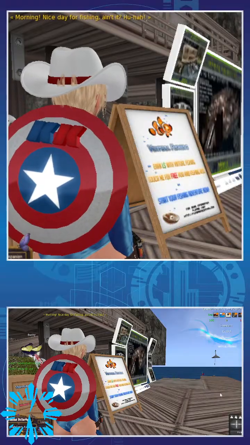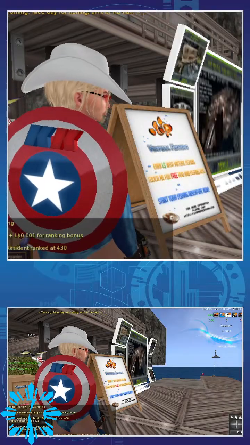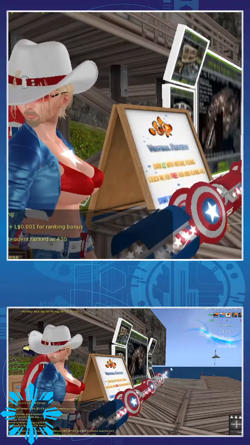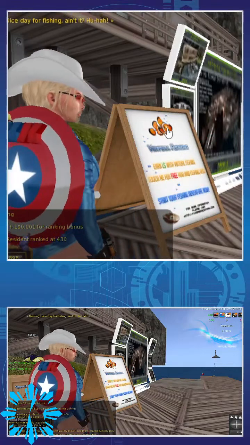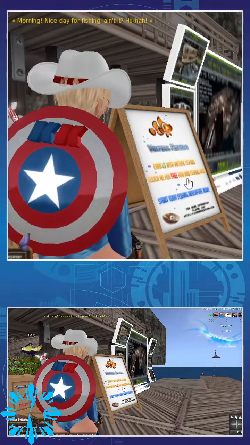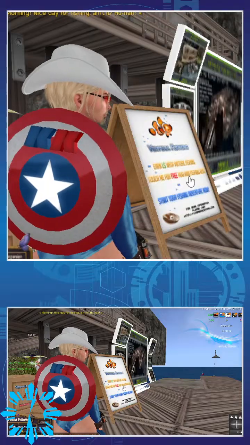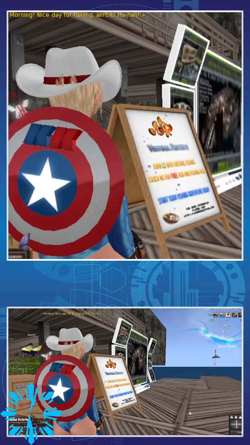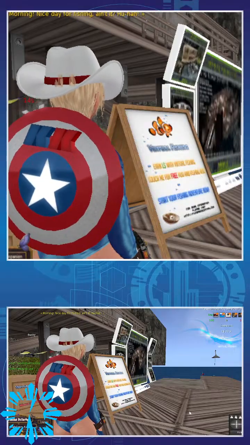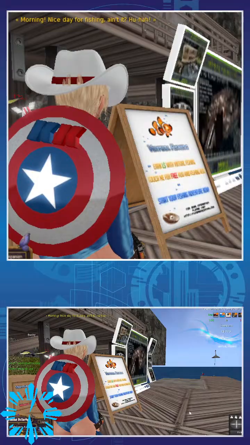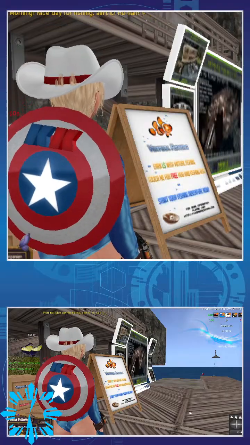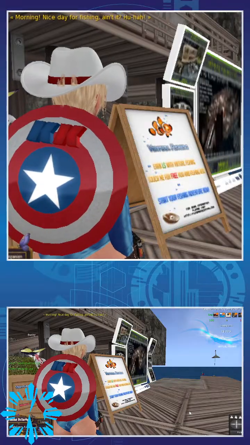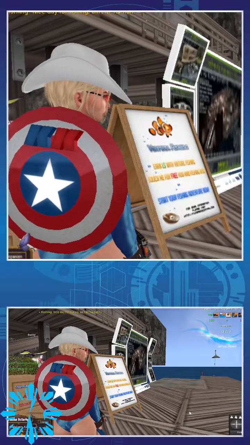If you are exploring or traveling across Second Life and you found the virtual fishing sign, if you click on it, it will ask you if you want to get the virtual fishing kit, and then it will give you the kit. It includes the virtual fishing rod and a note card about virtual fishing.